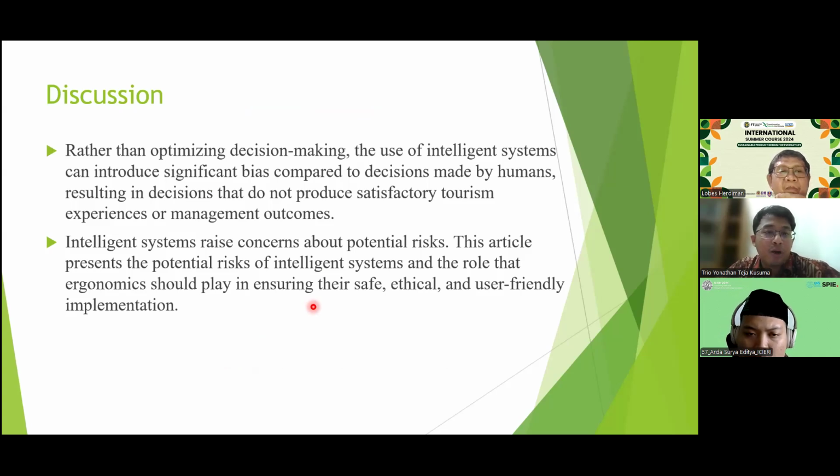Rather than optimizing decision making, the use of intelligent system can introduce significant bias compared to decisions made by humans, resulting in decisions that do not produce satisfactory tourism experiences or management outcomes. Intelligent system raises concerns about potential risks. This article presents the potential risks of intelligent system and the role that ergonomics should play in ensuring their safe,